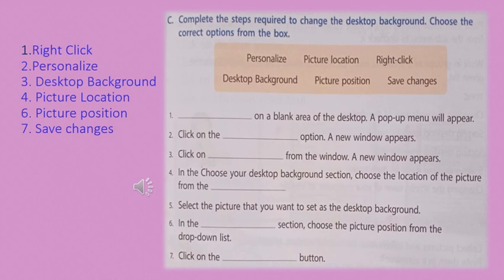Now the next exercise, name any two and answer these questions. These two exercises you can download from the website. Okay, now our first semester portion is completed.